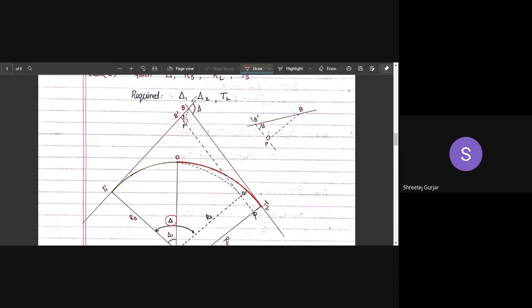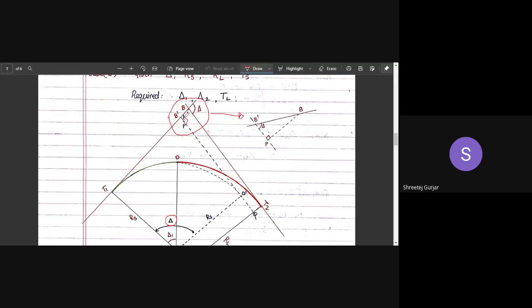Okay, so this particular part, I have drawn a bigger image over here. You can see clearly over here. So this is your B dash B. You can see this particular tangent B dash B is here. And this is your B to P. B to P line I have shown over here, BP. This point is P. And this BP line is perpendicular to this tangent line. This BP is perpendicular. Hence I have drawn like this, to show perpendicular.